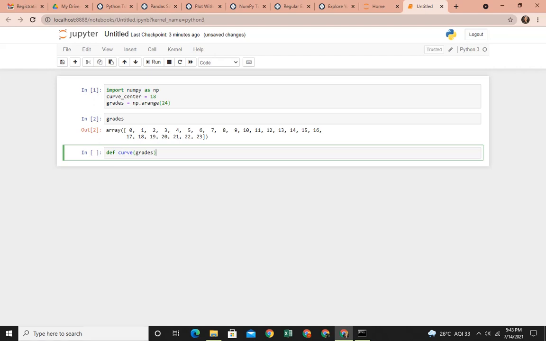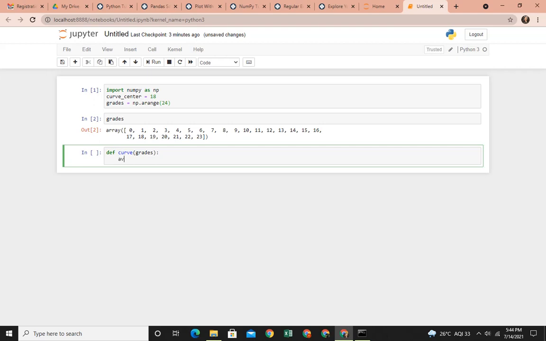So def is the keyword to define a function. The name of the function is curve, and the parameter it will require is grades, this array grades. Enter. You will see that now the cursor is not at the extreme left, but at a certain distance. This is very important in Python. It is called indentation.